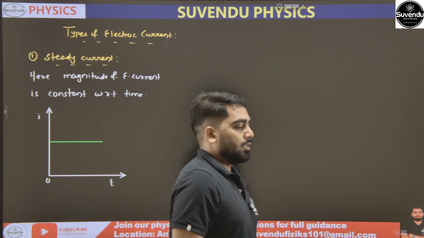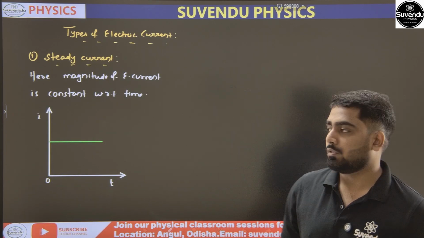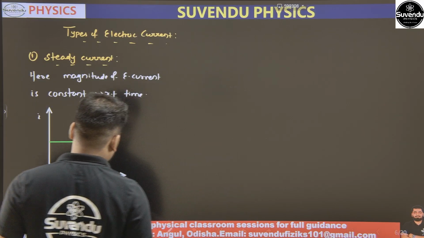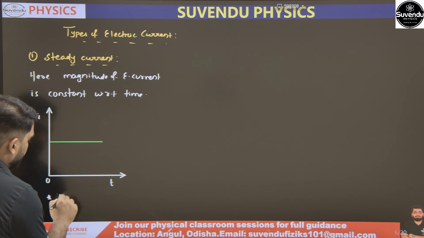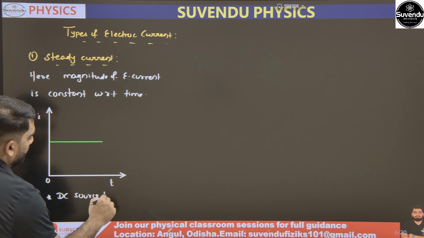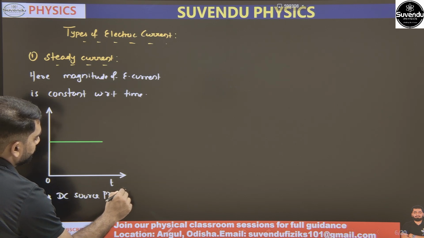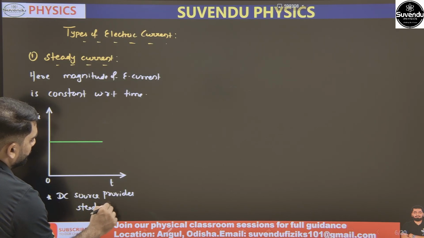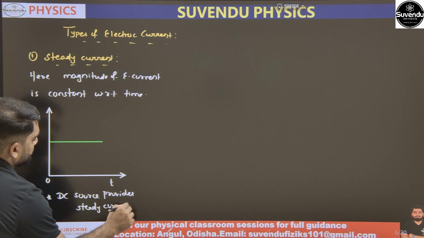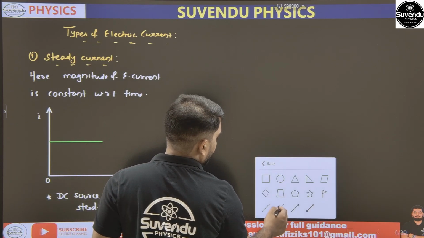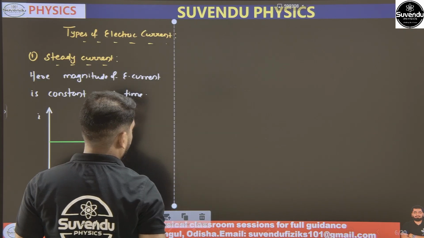And remember, DC source provides steady current. I think it is clear. Next, come to our next type, that is our